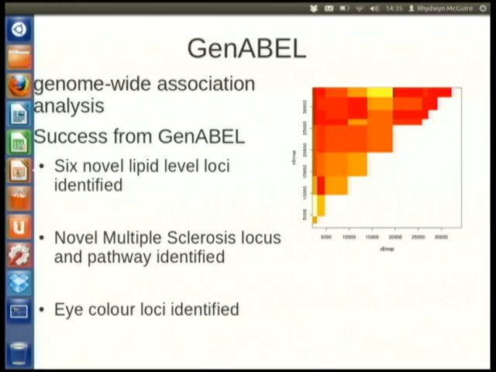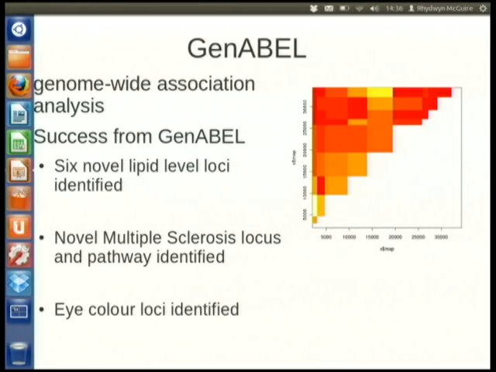GenABEL. So there's heaps of work going on in genetic databases at the moment. As a medical researcher, this is really exciting. GenABEL on its website has a list of papers that have used this library to do work. 3 random ones that I grabbed.